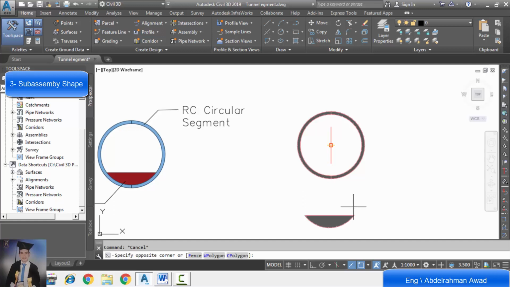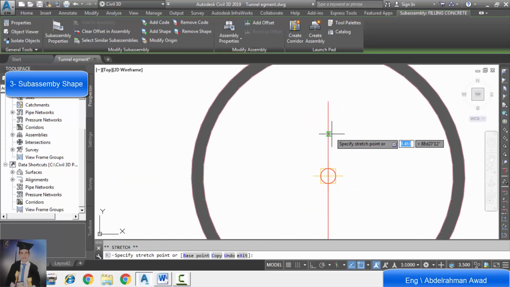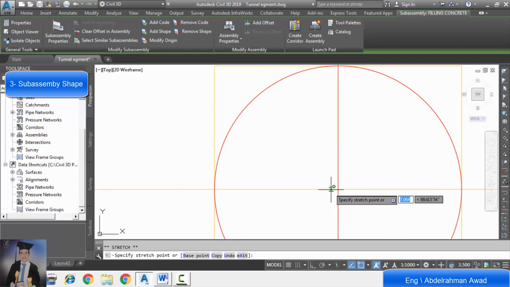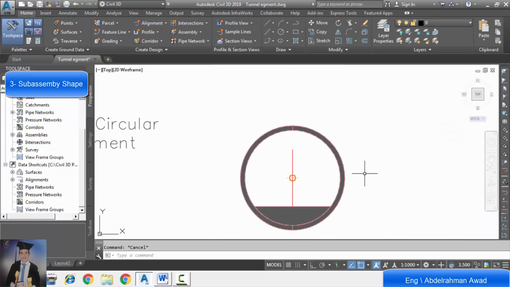We will do the same for filling concrete, but we should make sure that the selection is made for shape and link. So we select link and shape, and we return the sub-assembly to its current position, and we make sure that we snap to the center accurately. So we add a shape for all sub-assemblies.